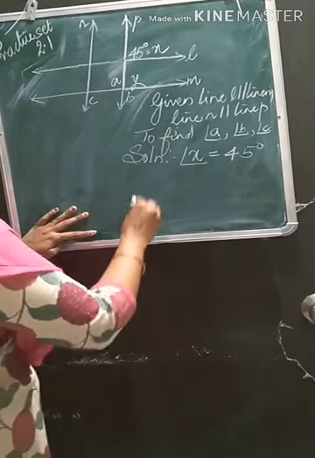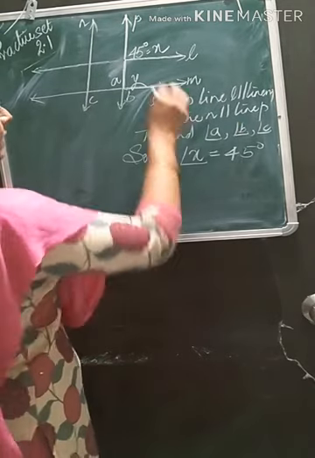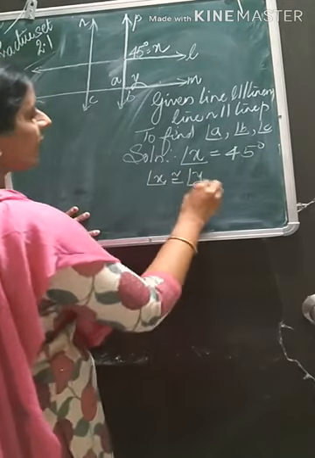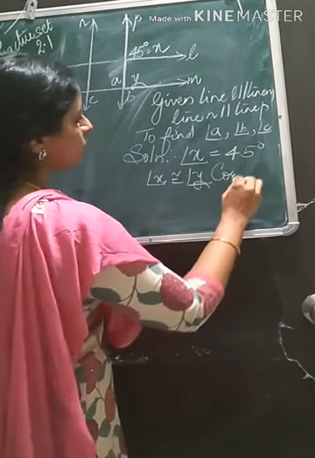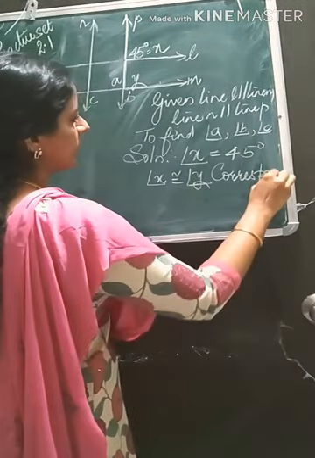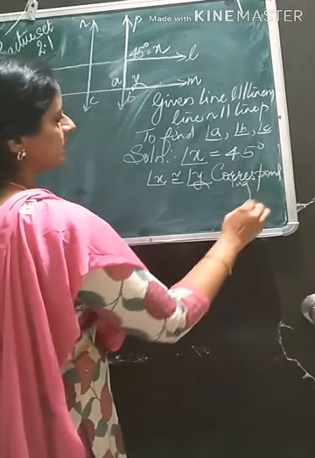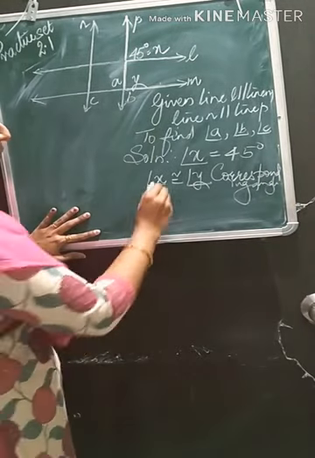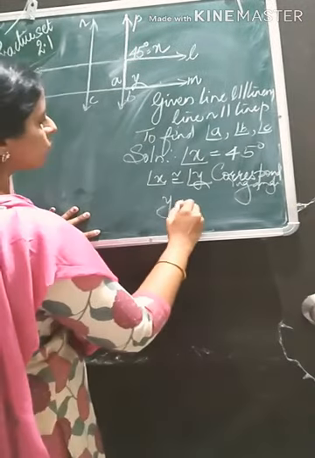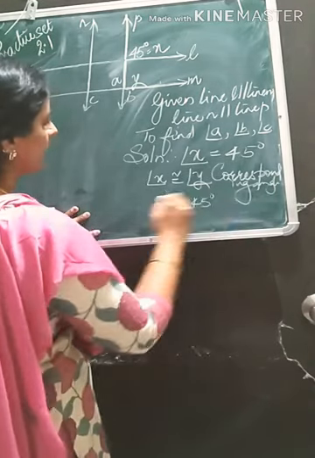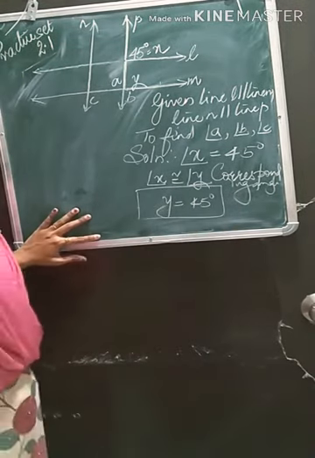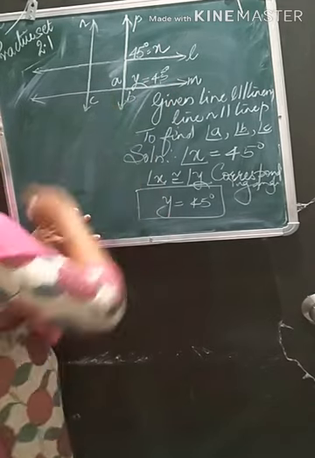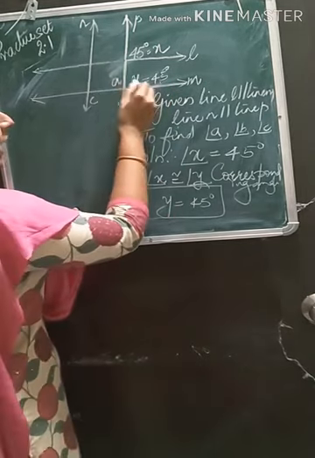Okay. So, I will write. Now, no need to write again parallel. I will write angle X congruent to angle Y, reason corresponding angles. Okay. So, if X is 45, what will be Y? Therefore, Y will also be 45 degree. If Y is 45 degree, how much will be A? What is the relation between A and Y?